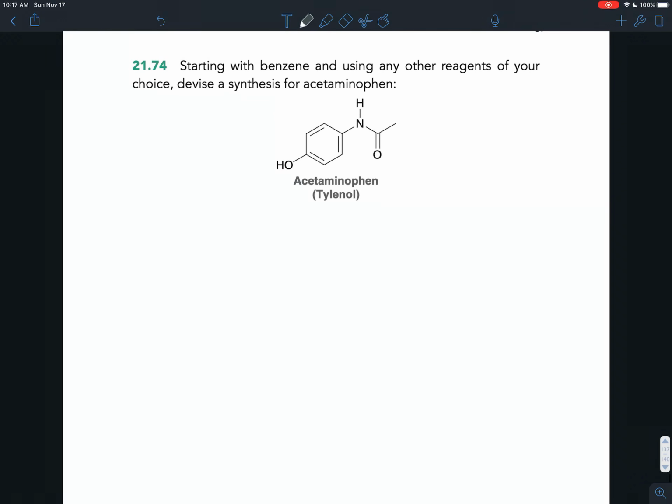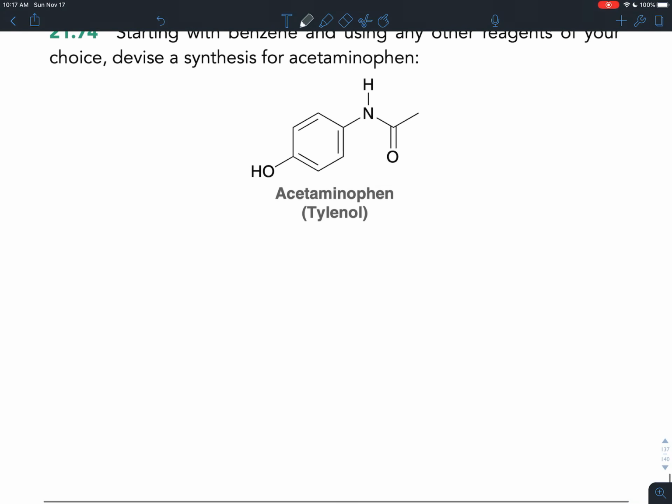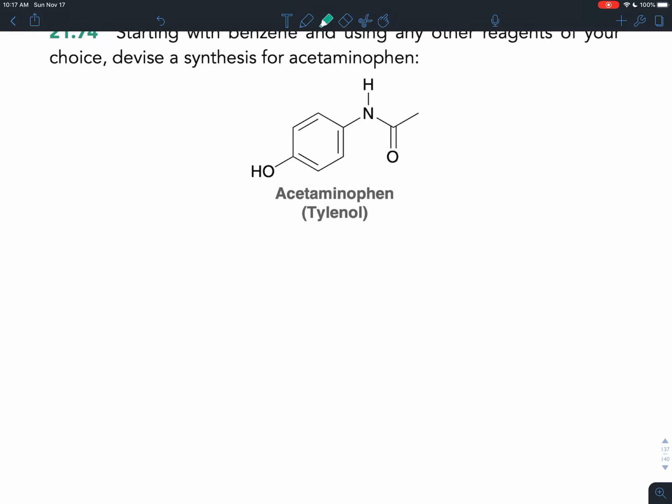In exercise 2174, we're trying to make Tylenol, acetaminophen, from the vapors of gasoline, benzene. So the question says, starting with benzene and using any other reagents of your choice, devise a synthesis for acetaminophen. Now, when you look at acetaminophen from the perspective of this chapter, you would see a carboxylic acid derivative. You have a carbon double bonded to oxygen, single bonded to an amine. So that's an amide. And we can make that from